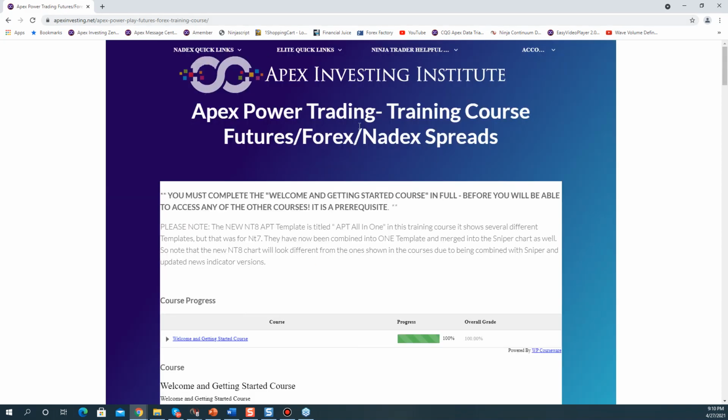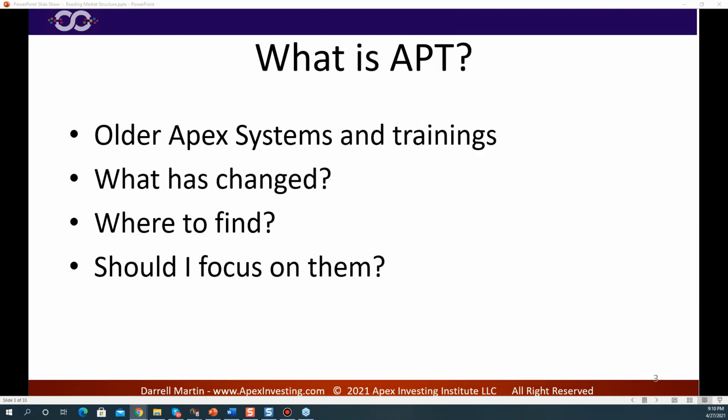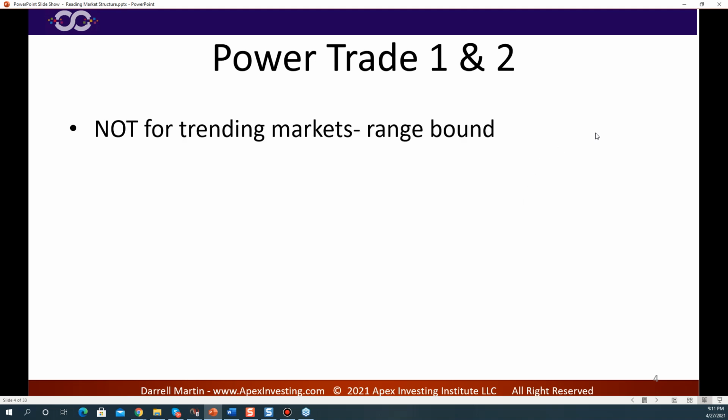So yes, in these courses there was a specific trade setup and trade entry that we called power play 1 and 2, all right? But when you hear that now, we're just looking for that market structure setup of a power play 1 or 2 on the 30 tick chart, just to show us a market structure. Then we're going to look over at our 10 tick Sniper chart for entries. Okay, so power play or power trade, power play 1 and 2,